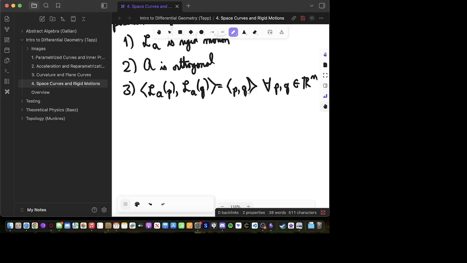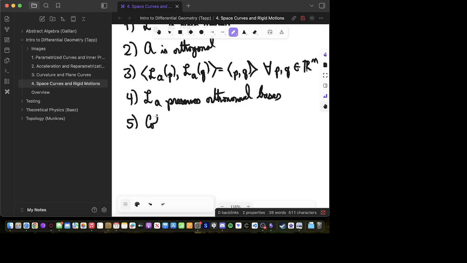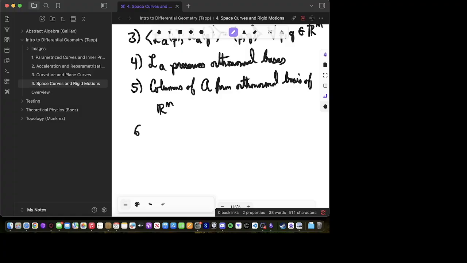The inner product, that should be inner product. So if we have an orthonormal basis, then the rigid motion keeps it as an orthonormal basis. The columns of A form an orthonormal basis of Rn, and